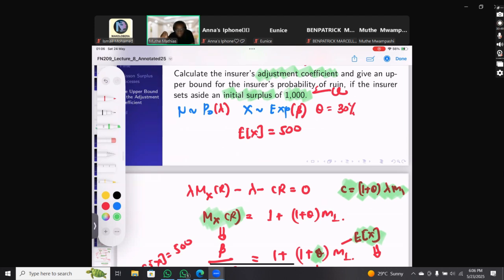And over the entire lecture, we have assumed this Poisson distribution. Also understand how we can explain the probability of ruin, which is simply e to the power minus RU, right? I will not ask you to derive the upper bound for the probability of ruin, or to derive the adjustment coefficient, the subprice equation. But I can ask you to define what the subprice equation is.